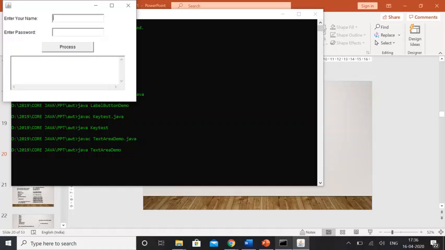Okay, so we'll store it in a String message: message is equal to "The most recently typed character is " plus ke.getKeyChar(). Okay, so that label will be done.